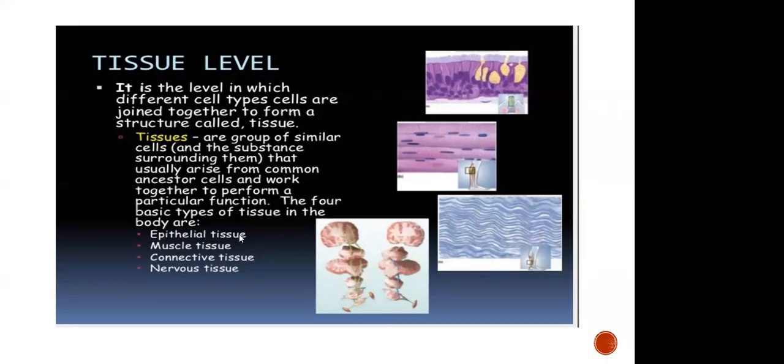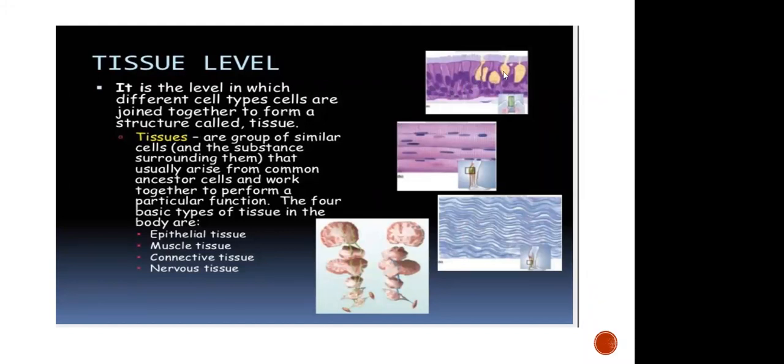Epithelial tissue. And the next one, muscles. Our full body is composed of different types of muscles. With the help of muscles only, we can move. With the help of contraction and relaxation of muscles, we are holding something, isn't it? So muscles are composed of different types of tissues. Besides, some pictures are there, no?